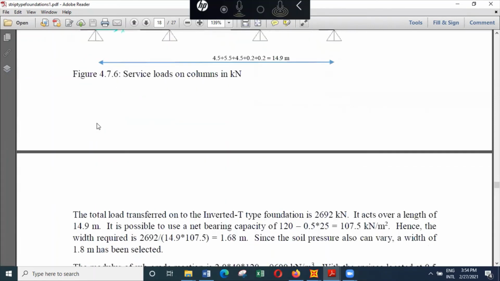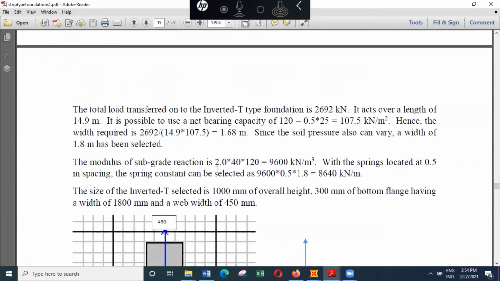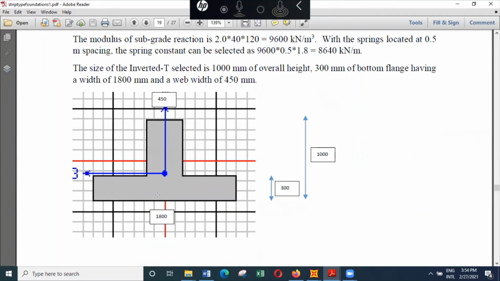So to allow for all that, I need only 1.68, but I will select a width of 1.8 meters for the inverted T. So I will select an inverted T of this type, 1.8 meters of width, 300 millimeters of thickness, and overall depth of 1 meter,